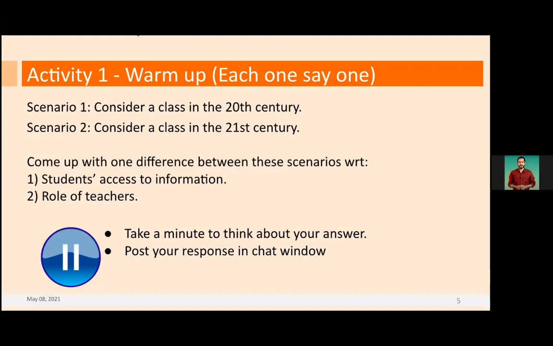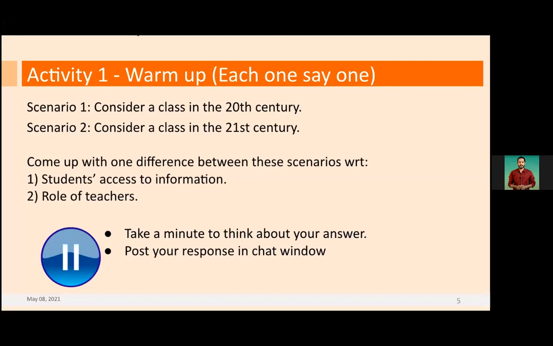Okay, I could see a lot of responses in the chat box. I'll just browse through them. Few people are saying absence of ICT tools in the 20th century, teacher is a facilitator, and the role of teacher is becoming challenging as students' access to information is increasing. Good point, students' access to information is very easy. Now the role of teacher is mentor, motivator, or counselor.